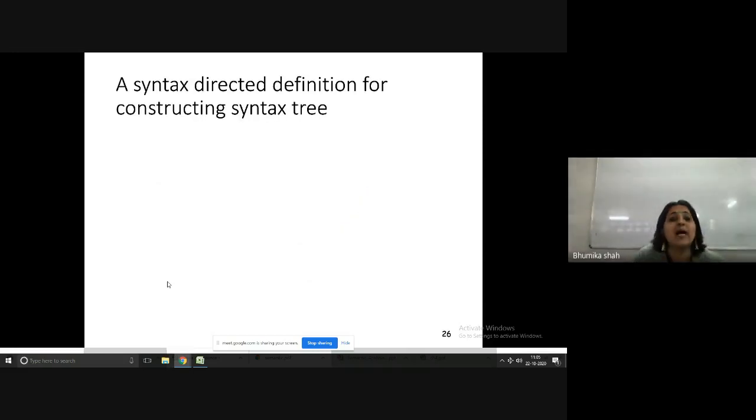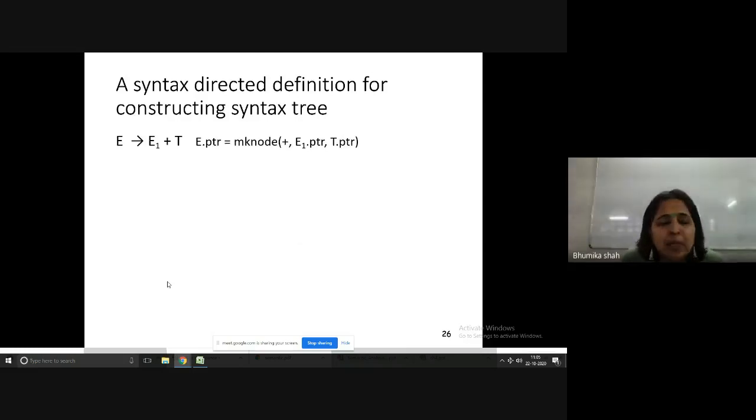Okay, a syntax directed definition for constructing a syntax tree. This has been asked many times for 7 marks. So what two concepts does it involve? You need to write down the desk calculator grammar only, but wherever you have plus, you have to use the make node function. Wherever you have E1 or E2, you have to create those leaf nodes also. Are you getting what I'm trying to say? Everywhere you are using a leaf node, you have to call make leaf node. Everywhere you are using an operator node, you have to use make node for creating the operator.